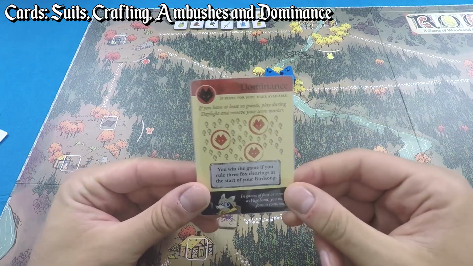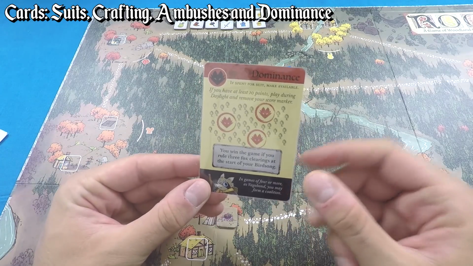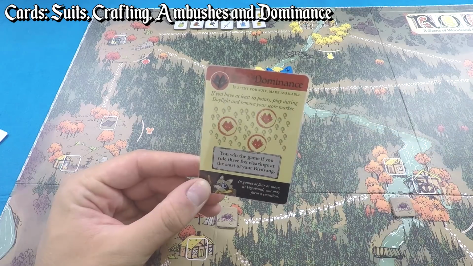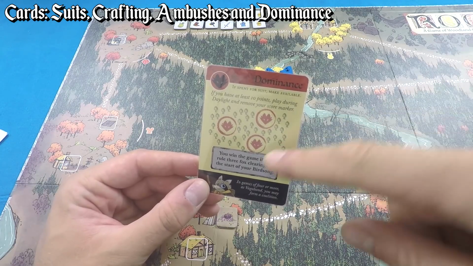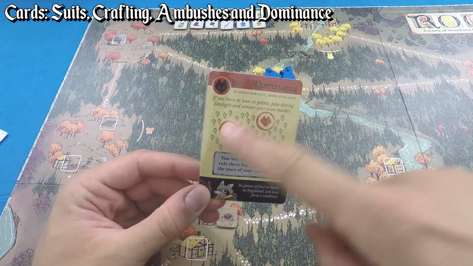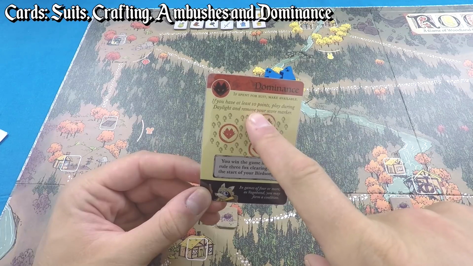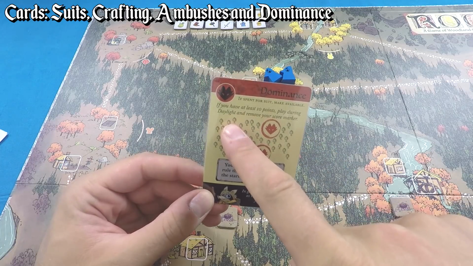You've also got these dominance cards. Now, the dominance cards give you a new victory. The objective is to rule 3 clearings matching the symbol on the card, so that's pretty great. If you're trailing behind in victory points, and you don't know how you're going to catch up with the leader, then what you might do is after you've got 10 points, you can play this during your daylight phase and